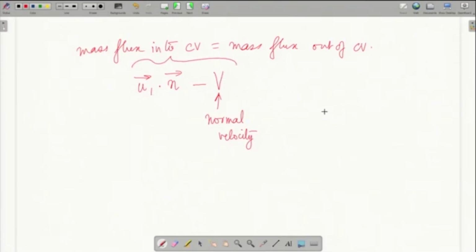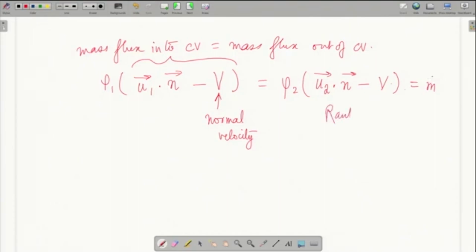So this is the velocity on region 1, and accordingly you can find it for region 2 like this. Then if the densities are rho 1 and rho 2 on the two sides, you multiply them with this net normal velocity,